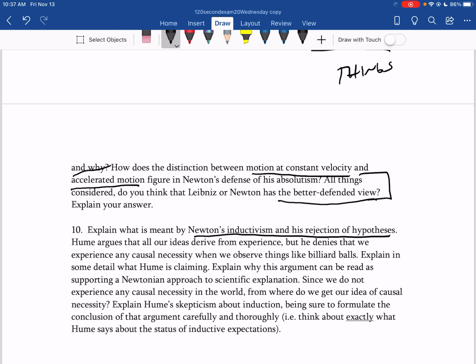Newton's inductivism and his rejection of hypotheses. Newton says science is about noting precise, quantitatively ascertainable patterns in experience and generalizing them as far as we can, as far as the world will let us. His rejection of hypotheses concerns attempts to work out things like the nature of matter or motion in advance before doing experimentation. That's Descartes' conception of hypotheses. He also rejects Huygens. We didn't read Huygens this go around, but we talked about him. Conception of hypotheses,